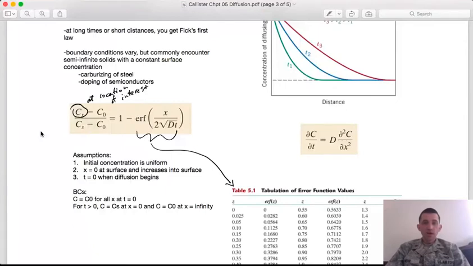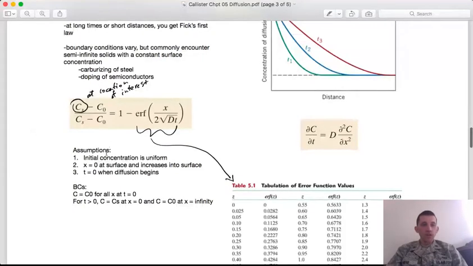This is what you would find in the examples in this course, where we'd say, carburizing steel, diffusing carbon into the surface of a steel part to harden it, or diffusing impurity atoms into a silicon crystal to create N and P-type materials. In both of these cases, we have relatively thick substrates where we're not diffusing all the way through, and also constant surface concentrations where we're not diffusing enough of the material into our part to change the surface concentration. And so under these